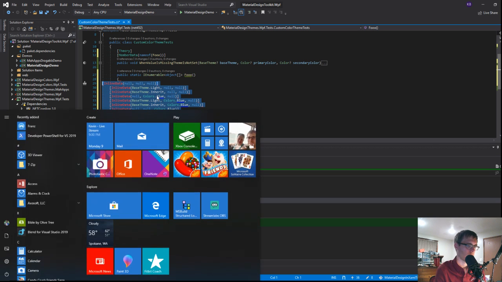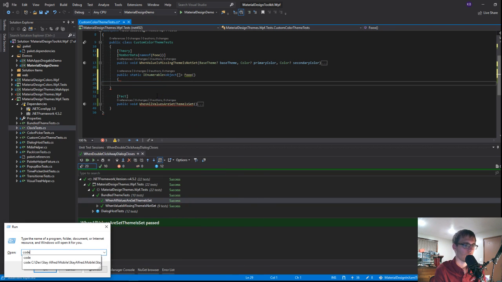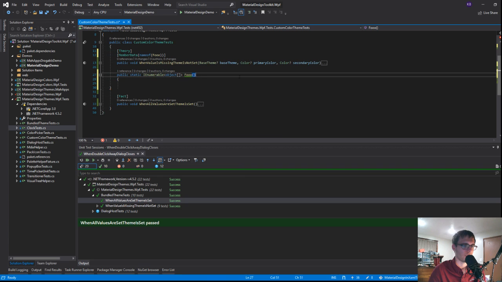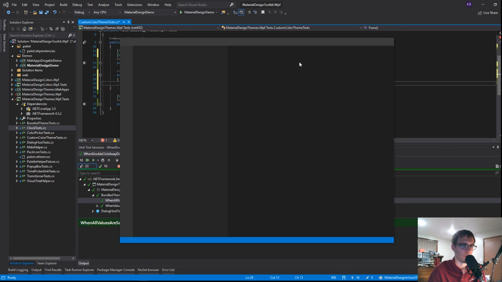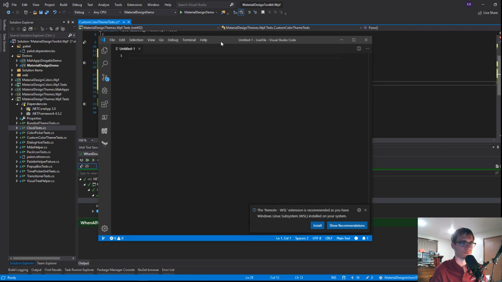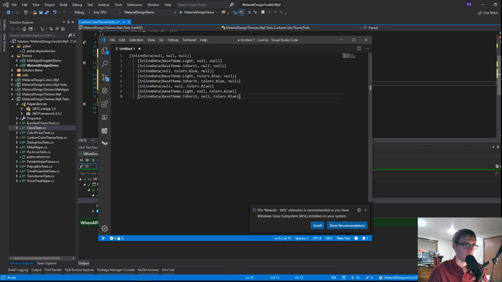Actually, let's do this. Let's just fire up VS Code. Sometimes I find the multi-cursor support in VS Code to be absolutely amazing. As soon as I figure out what window it's opening on, let me move it to the monitor, because I don't know what I had open last, and I don't want to get bit by something here. Oh, yeah, we're fine. This is just one of my other projects. Okay, so paste there,